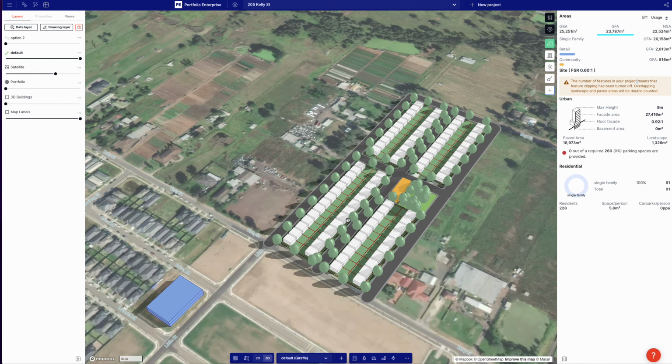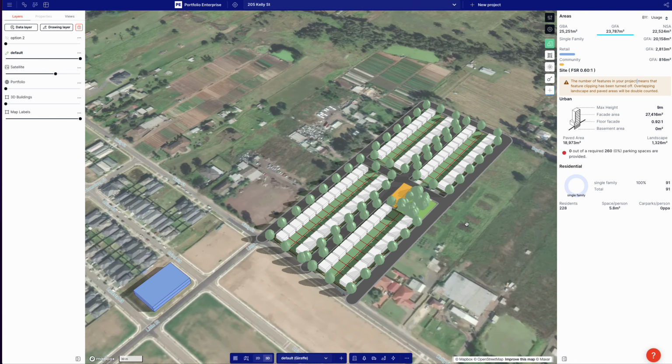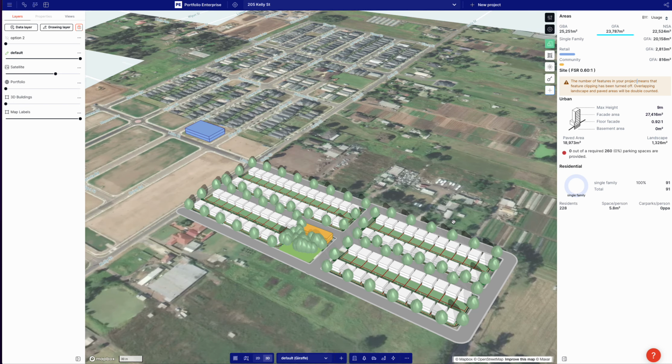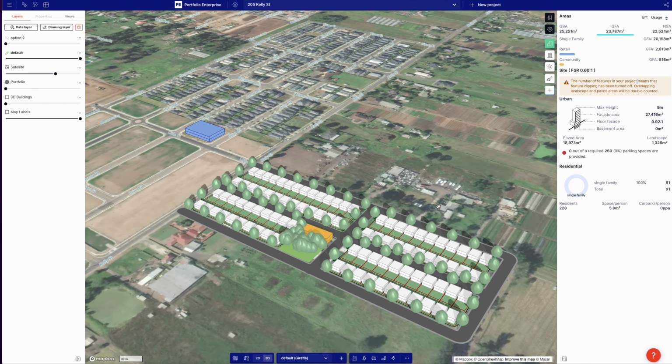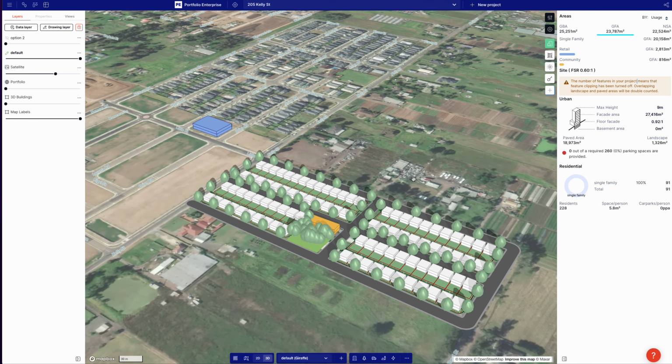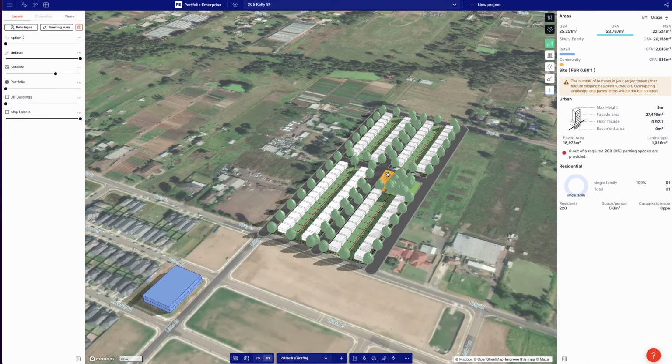Awesome. I think that's a pretty good demo of how you can very, very quickly, and to a high level of detail, but not to the nth level of detail. You're not getting civil construction drawings out of this. Create a subdivision in